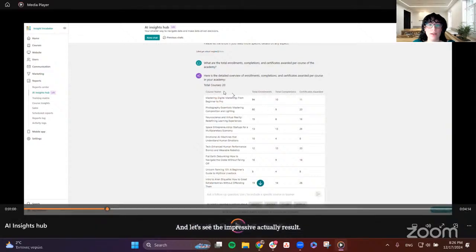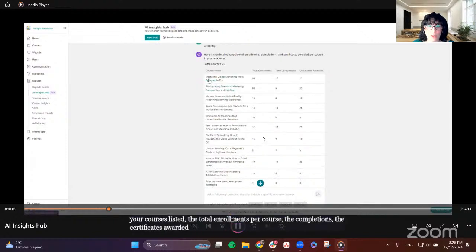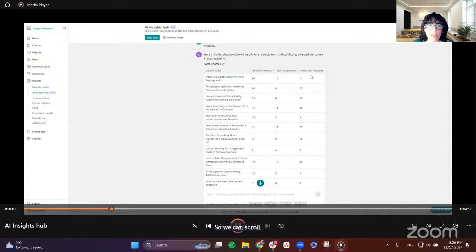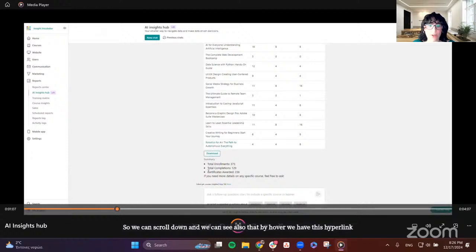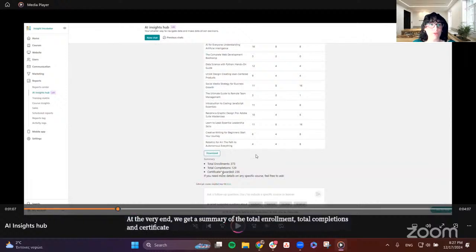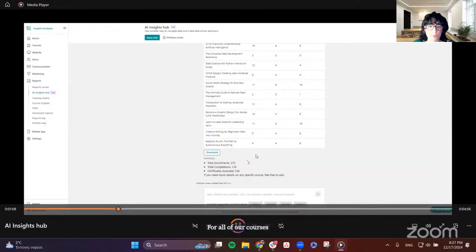You get a very tidied up table over here with all your courses listed, the total enrollments per course, the completions, the certificates awarded. So we can scroll down and we can see also that by hover, we have this hyperlink. At the very end, we get a summary of the total enrollments, total completions, and certificates awarded for all of our courses in the academy.